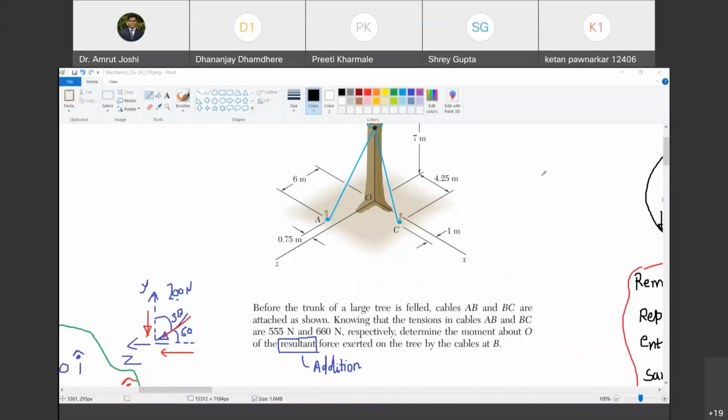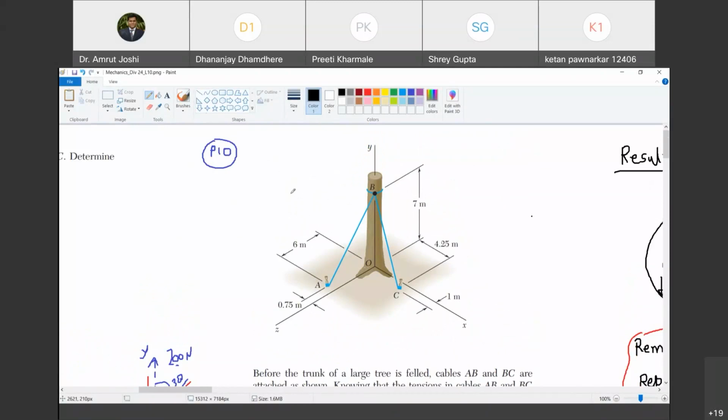In last class, we were solving problems based on vectorial notation of moment of a force, and we continue to do so in this class. We are going to solve the last problem based on that concept here. That is problem number 10.